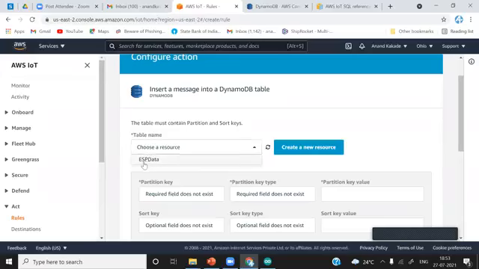Okay, you can see now the table name as ESP data. After refresh is complete, the internet is a little bit slow. That is the reason.